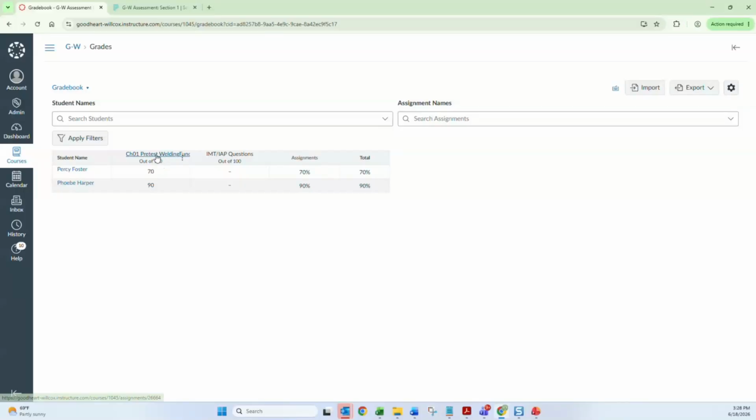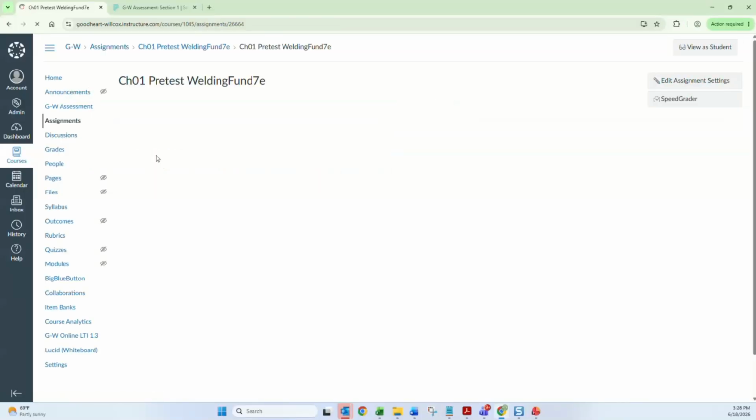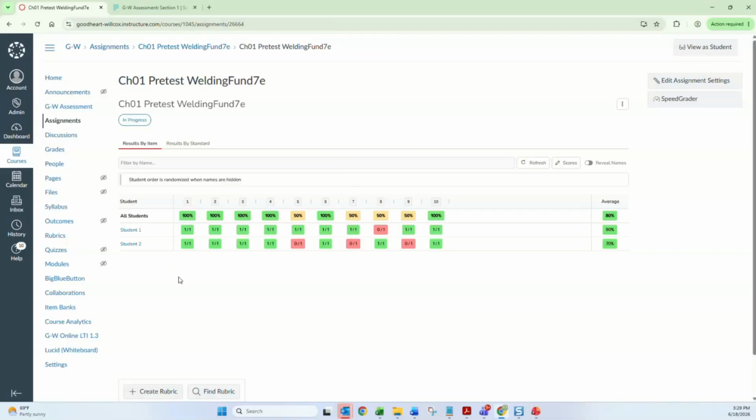If I want a little bit more detail in terms of how they did by individual question, all I have to do is click on the assignment header, or I go right into the assignment itself. You'll be able to now see that we have result by item that will allow you to see an item by item analysis of how the student did for that particular assessment. By default,